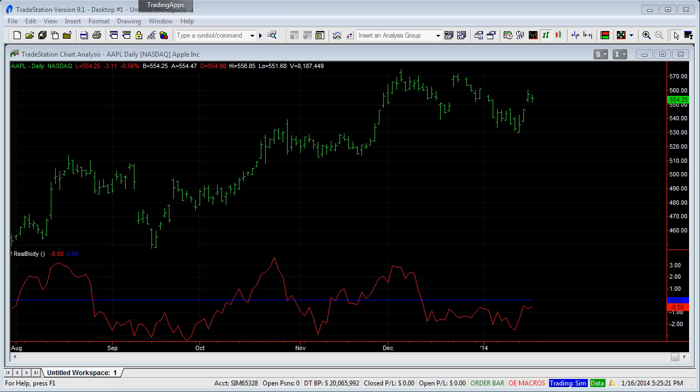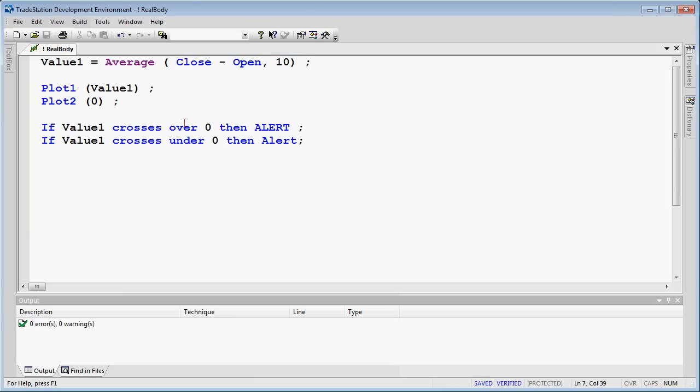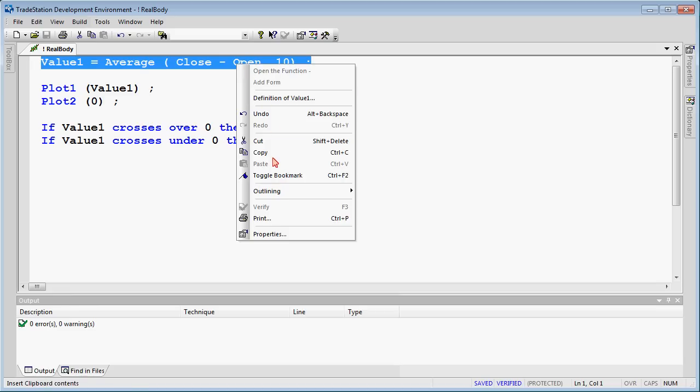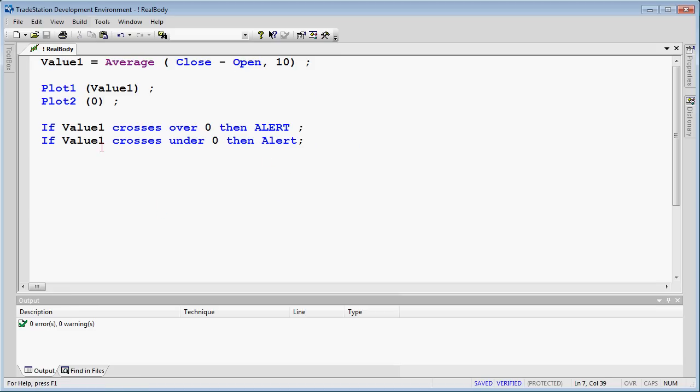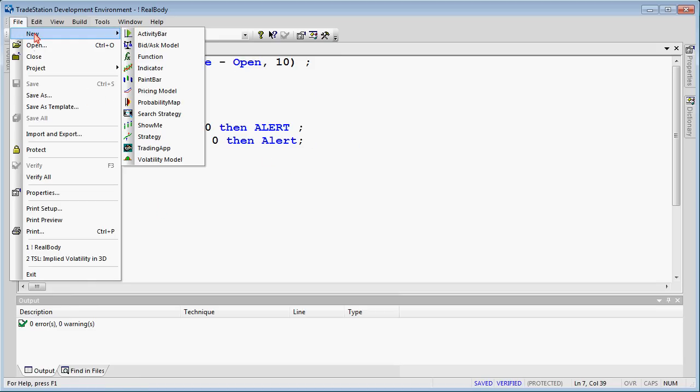I'm going to go over to my development environment. This is not going to be an indicator, so I need to create another type of EasyLanguage. But what I'm going to do is copy a piece of this code. I'm going to copy this formula because if I'm going to create historical alerts, the formula doesn't change. It's exactly the same one. So I'm going to right-click on the highlight, copy, and then go to File, New,